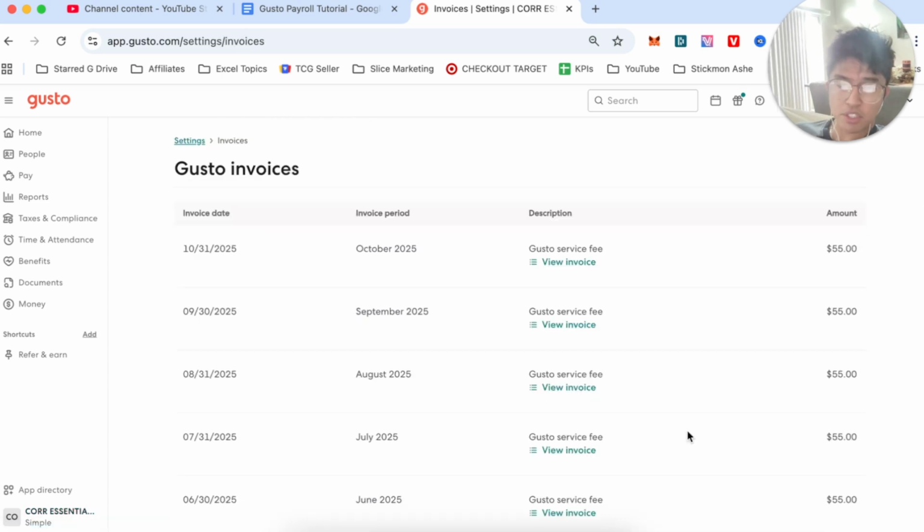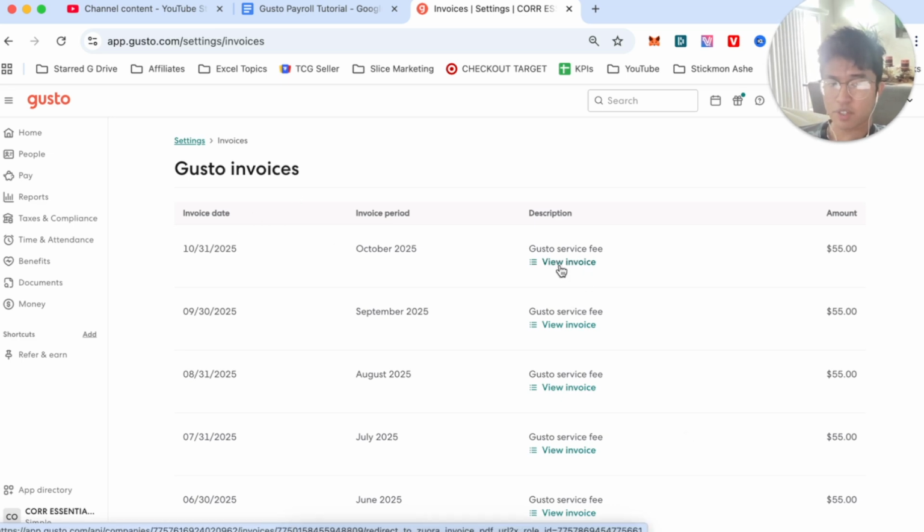Click on this. Now, once you've done so, you can see the invoices that I've been charged, the invoice period, the invoice date. All you've got to do is click on View Invoice and you'll be able to download it. But there you have it, guys. That right there is the best and easiest way that I know of to download your